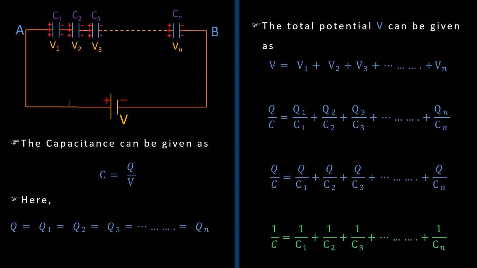Similarly, suppose the first capacitor is 2 microfarad and the second capacitor is 3 microfarad, and we find the equivalent one. So 1 by 2 plus 1 by 3, and what will you get? You will get 5 by 6, so C is 6 by 5, which is less than 2. So in case of a series combination of capacitors, the equivalent capacitance will always be less than the least. Let us go to the parallel combination now.